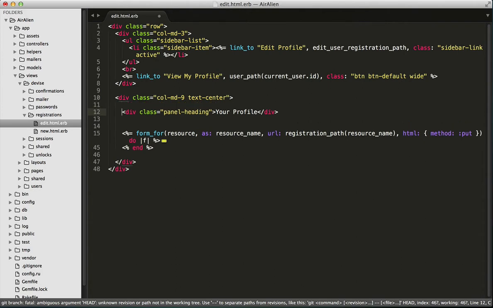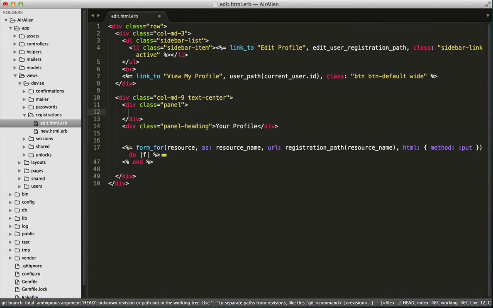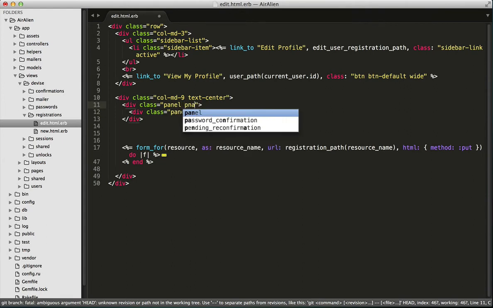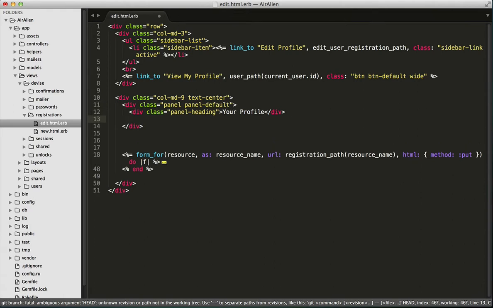Well, actually, I might put it in the div panel. Alright, this one should be inside these. Okay, and this one should be panel-default. Alright,